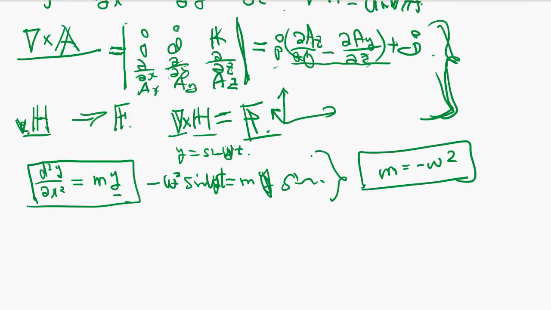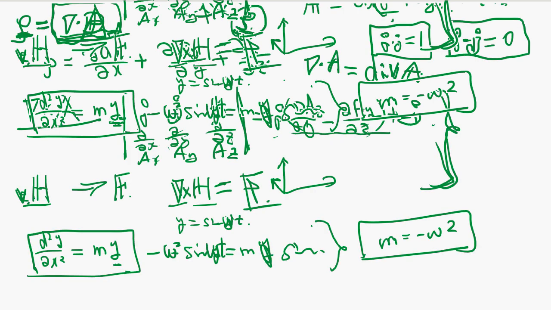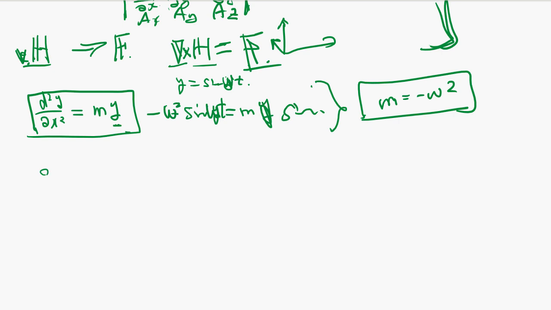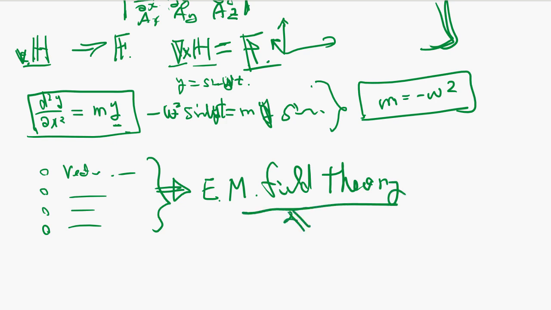So you take a differential equation, so you have four different differential equations using vector derivatives, and that is going to be the basis of electromagnetic field theory, equivalent to Newton. Okay,